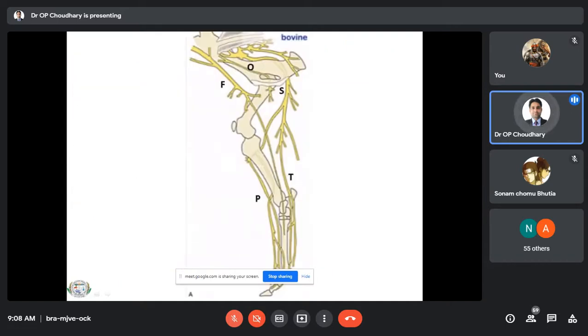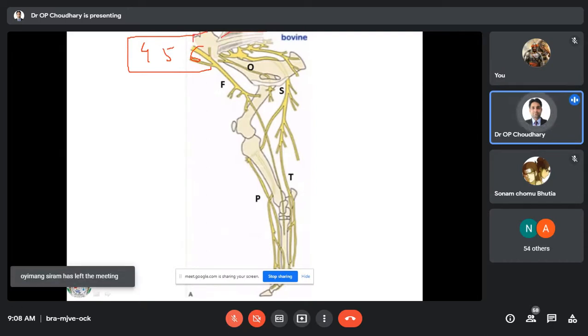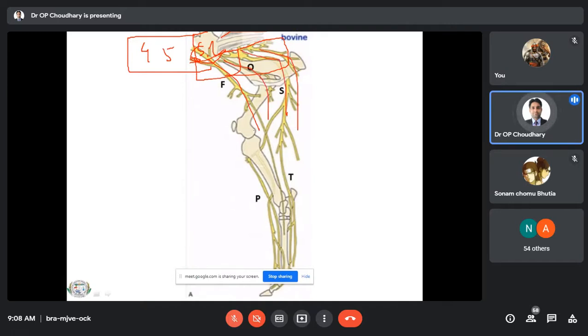So you can see here, you will find the lumbar vertebrae, 4, 5, and 6. And here you can see the sacral, sacral 1 and 2. So this is the anterior part of the lumbosacral plexus, and this is the posterior part of the lumbosacral plexus. And these are the various branches of the lumbosacral plexus. Usually they innervate the muscles of the hind limb completely. It will go up to the digits also.